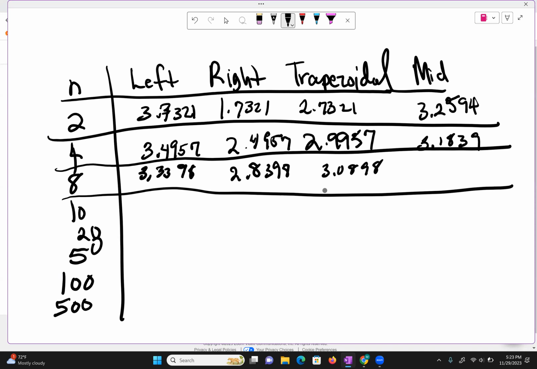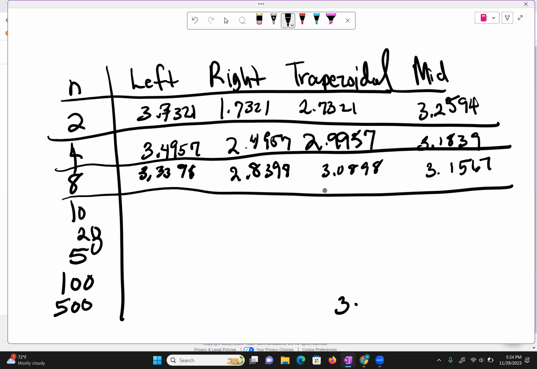Okay, and lastly, midpoint 3.1567. So my point is, you notice the values are keeping consistent, but the trapezoidal will eventually, if you have 100 as a value, or 500 in this case, this